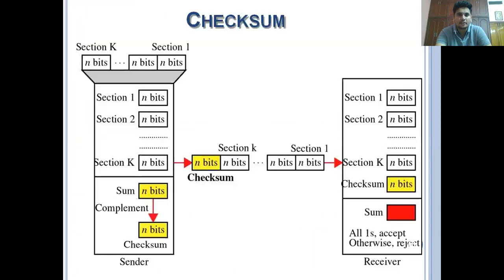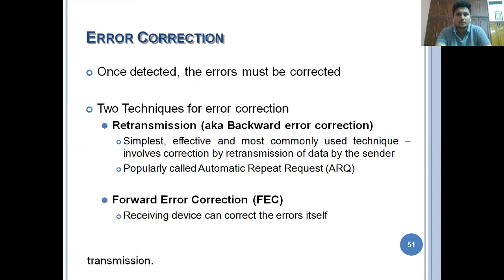In the previous concept, after identifying the errors, the sender resends that particular frame immediately, from the receiver's perspective. So here in error correction, after identifying the errors by using those four techniques, vertical, longitudinal, and cyclic redundancy check and checksum, the error is corrected by immediately resending the frame.